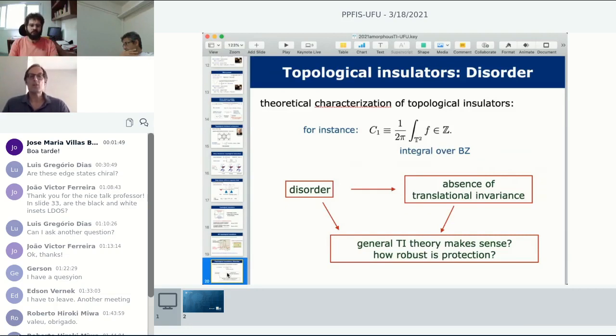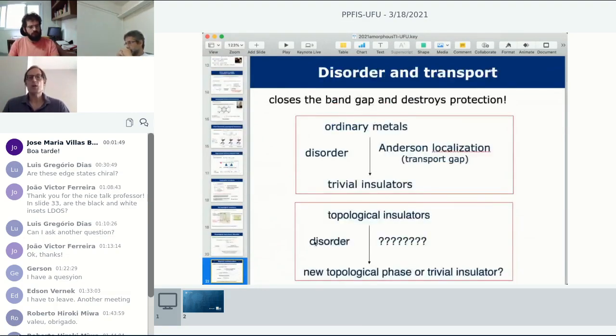And there are lots of people who prove, at least theoretically, that if you add disorder, things work as expected. If you have a very strongly disordered system, then eventually things go wrong, but you can understand it: you close the topological gap, or other things happen, and things seem to be quite robust, right? So the initial hope was that you have ordinary metals, you add disorder, you get trivial insulators, and you have the whole beautiful theory of Anderson localization.